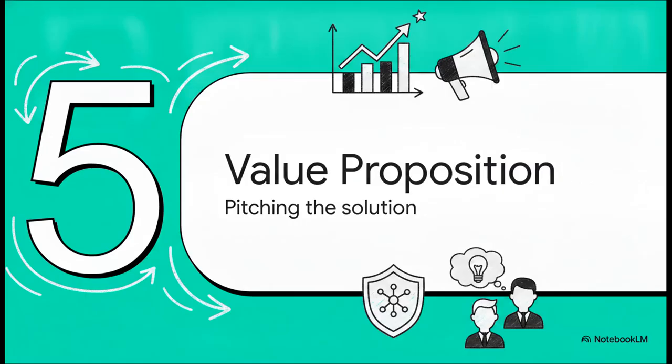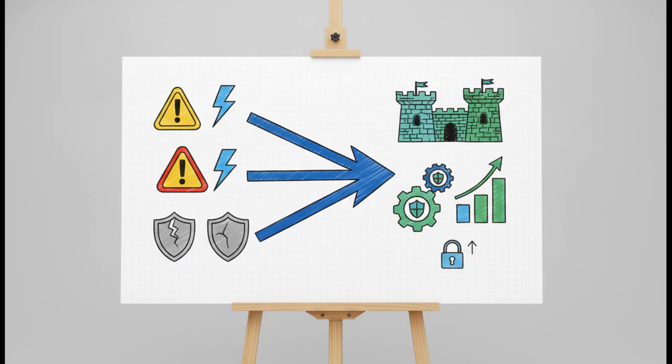Finally, we reach Section 5, pitching the value proposition. Because in systems engineering, having the best technical solution in the world is completely useless if you can't convince leadership to actually adopt it. To bridge that gap, the students use something called the Cybersecurity Canvas. Now, this isn't your standard business model focusing on profit margins. It's specifically designed to identify stakeholder pain, things like cyber threats and operational failures, and map the engineering architecture directly to solving those exact threats. It forces the students to prove exactly how their technical assurance reduces real organizational cost and liability. It takes that highly complex, raw engineering data and synthesizes it into undeniable business logic.